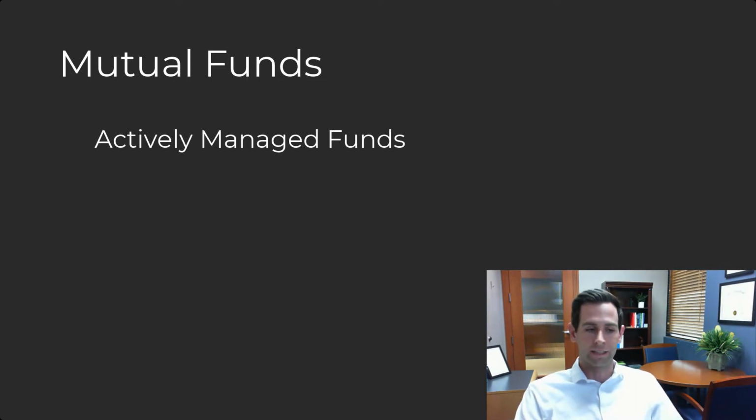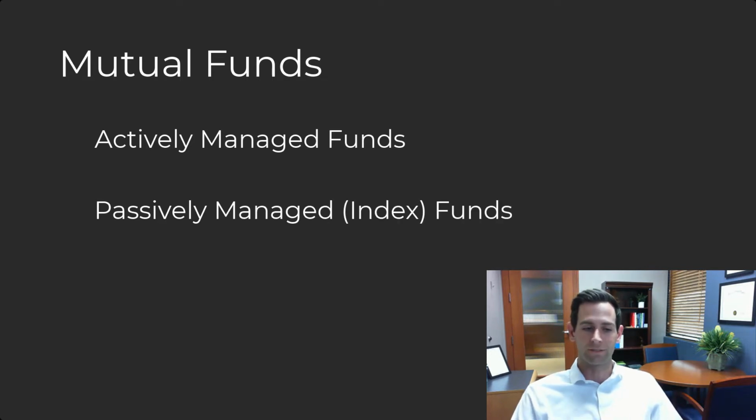Some have an actively managed strategy, and some follow a passively managed strategy, also known as an index strategy. Actively managed mutual funds have a fund manager or a team of fund managers on the back end of the mutual fund who are actively trading the stocks within the fund to try to outperform the index. So they're picking and choosing stocks from the index itself, like the S&P 500. They may choose 150 stocks out of there that they think are going to outperform the index over a certain period of time. An index fund, it just tracks the index.